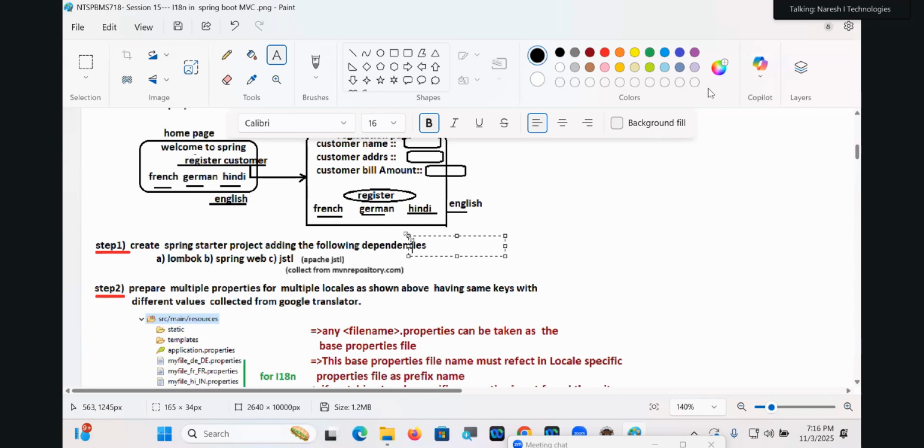There you have to specify which parameter name you want to use to get the locale information. If you don't specify anything, it is language. If you specify something, that will gather the locale information. And you can also specify, if no locale is coming, what default locale should be activated. Session locale resolver, you have to make it as a Spring Bean with a fixed bean ID, specifying the parameter name